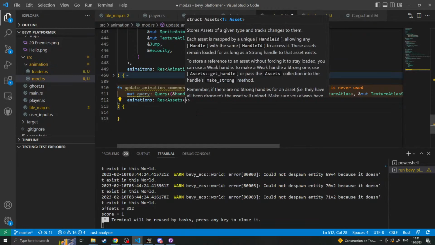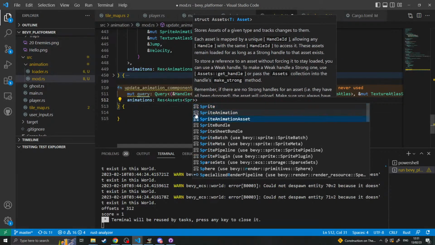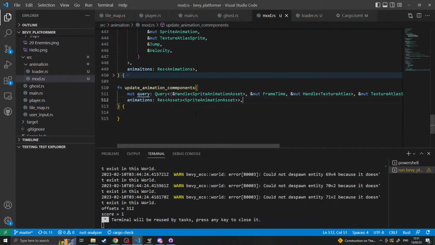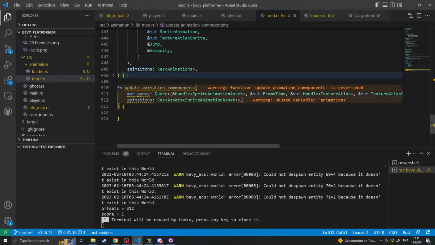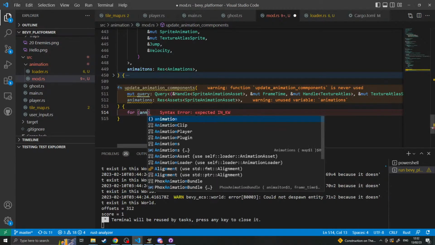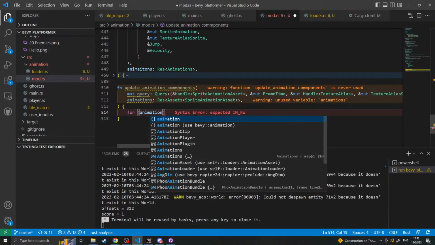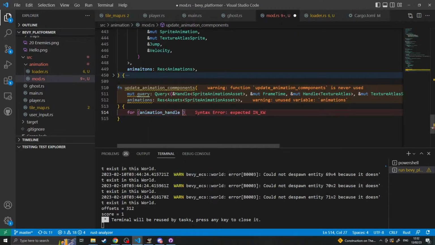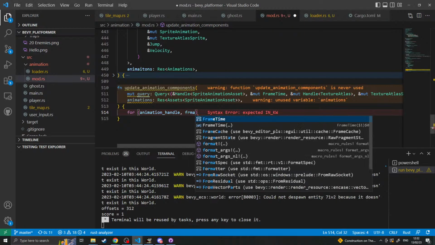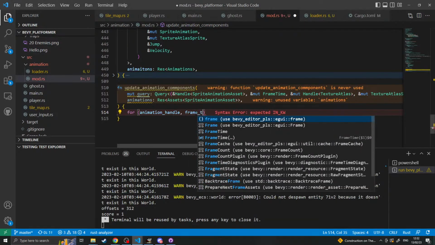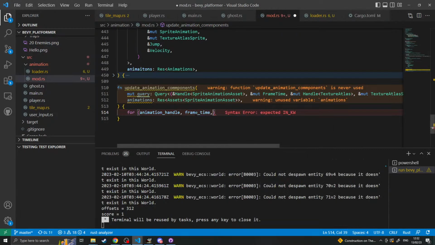We're going to want assets, and what assets do we want? We want sprite animation assets. So we use that to get access to the underlying data so that we can actually apply it. So then we're going to go for, and we're going to need the animation underscore handle. Then we're going to need the frame time, the Atlas